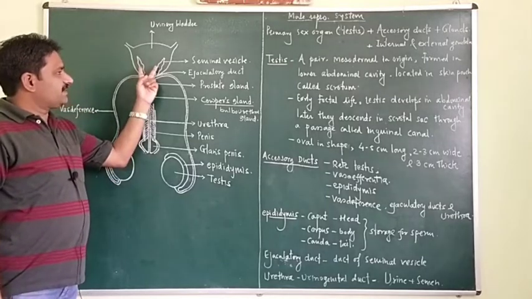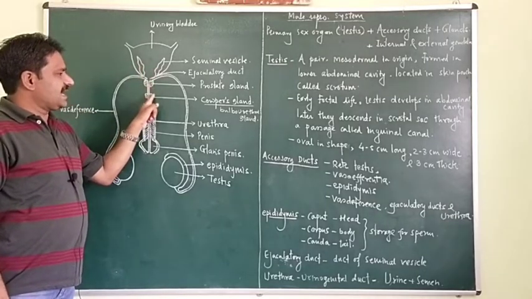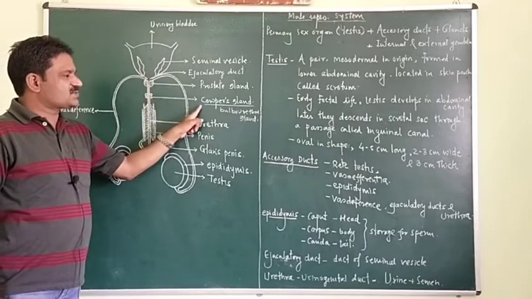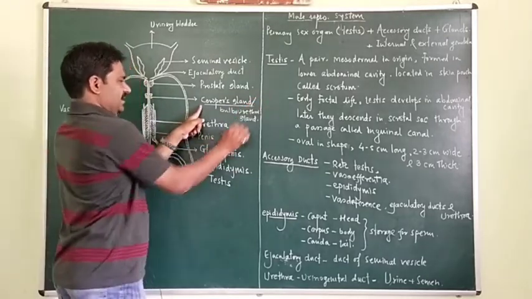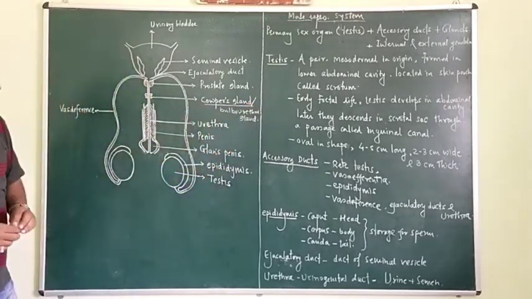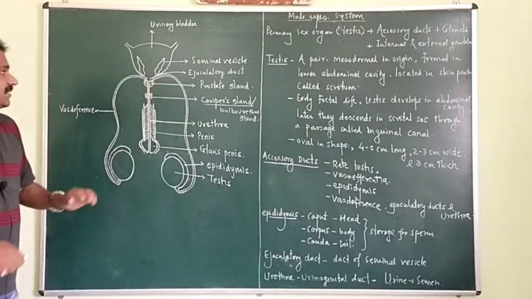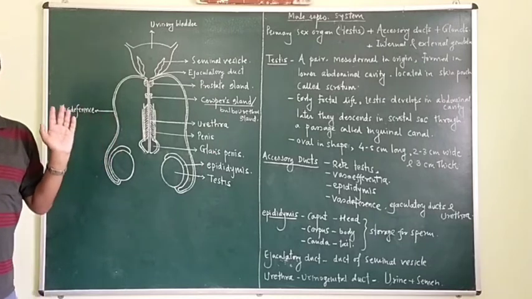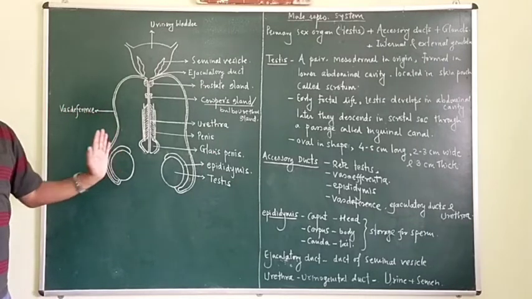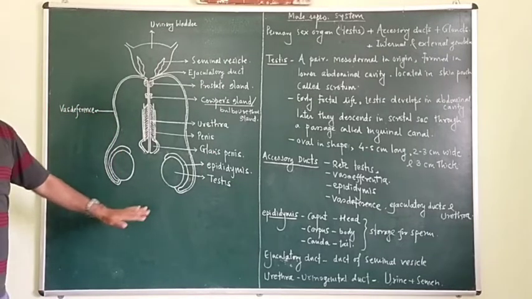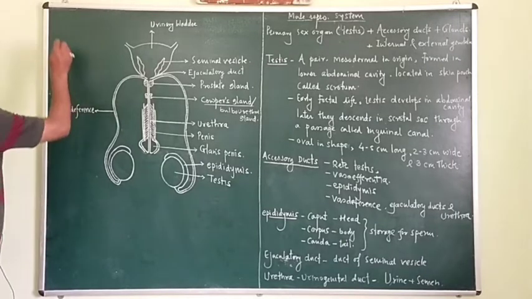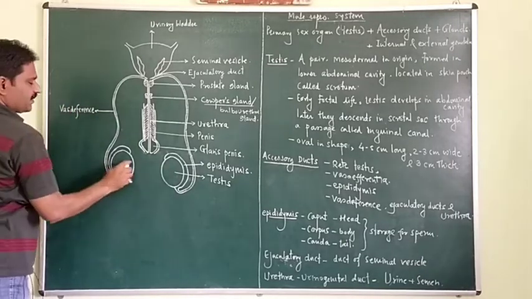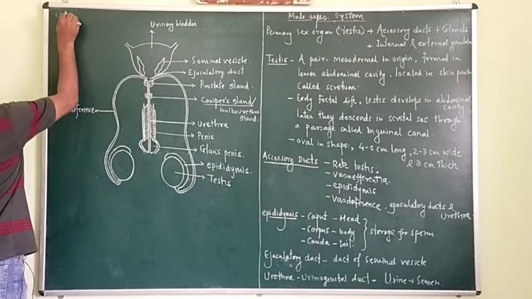Means three glands associated with male reproductive system are called male accessory glands: a pair of seminal vesicle, prostate gland, and Cowper's gland. Cowper's gland is also called bulbourethral gland. All these parts constitute to form a male reproductive system. This is the simple diagram of male reproductive system. This male reproductive system is made up of, now see, a pair of testes,